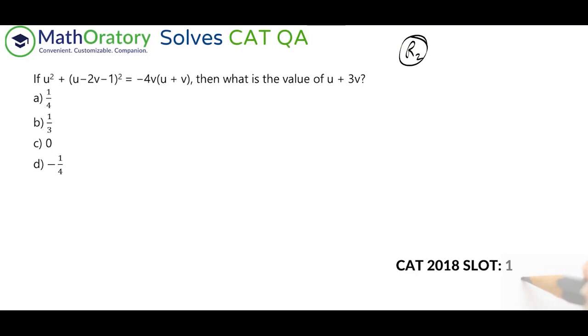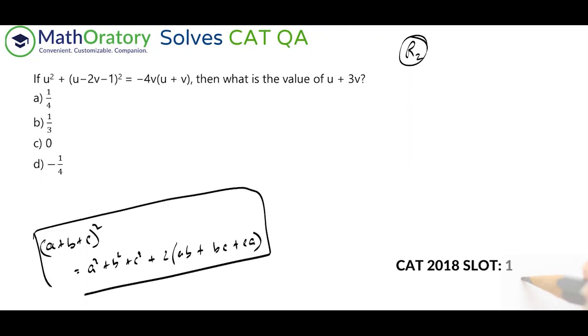So let us take the steps here. But before we get into that, I hope all of you remember that (a + b + c) whole square is a square plus b square plus c square plus twice of (ab + bc + ca). So we are going to utilize this while expanding this part. So let us just elaborately write the steps here.